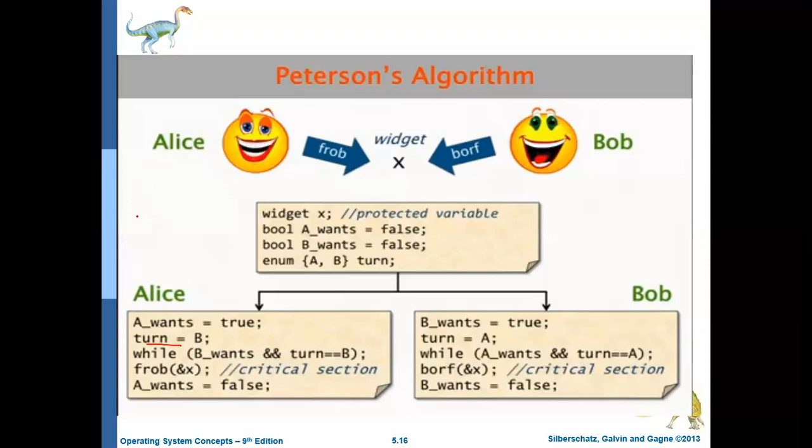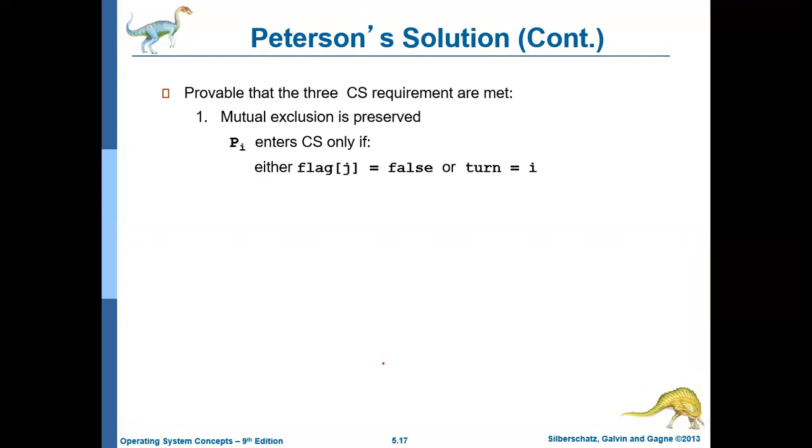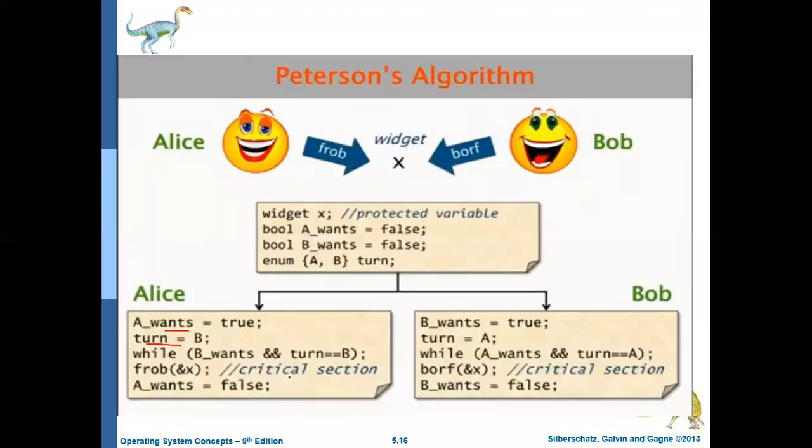To overcome that particular drawback, in Peterson's algorithm two variables are introduced, not just one variable. One is turn, the other one is whether the particular process wants to enter or not. Okay, so this algorithm ensures all three conditions for the critical section solution. As we know, any solution for critical section should satisfy three conditions. First, it should ensure that mutual exclusion is satisfied.